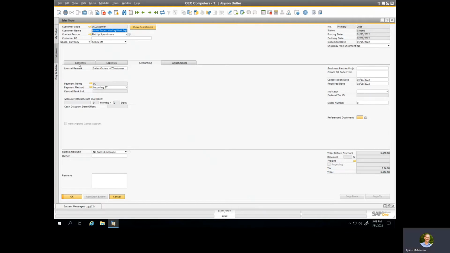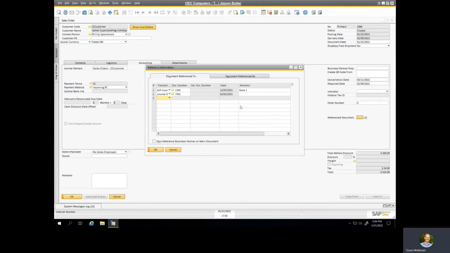So this feature of the reference documents is kept within the accounting tab of your documents, and you'll see it here on the right hand side in the middle. It says reference documents, and you can see that I have linked 2 documents. If you click the ellipsis, the 3 dots here, it opens up a separate document where you can link all